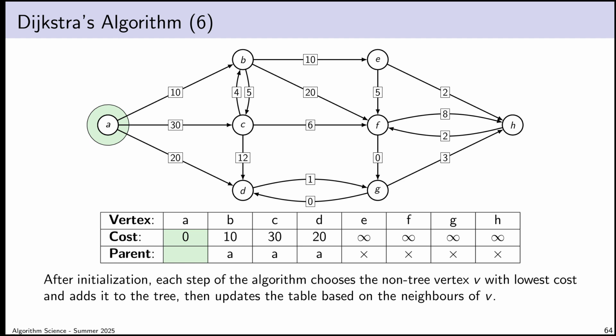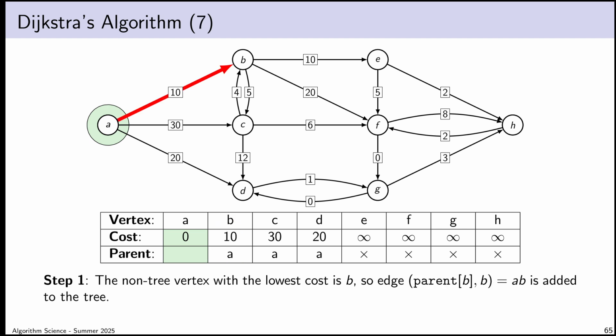At each iteration, we bring in one vertex, and what we do is just choose the non-tree vertex in the table that has the lowest cost. So in this case, that would be vertex B. There's a secondary case I'll come to later, which relates to an infeasible path, or a graph where not all vertices are reachable from the starting point. I'll come back to that. There's a little bit of an extra nuance we'll add to this condition at that point.